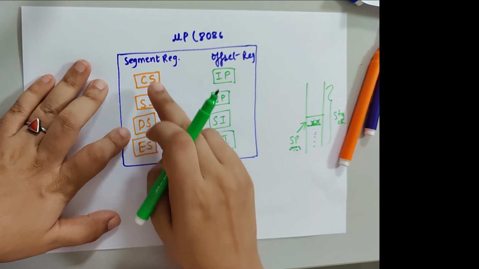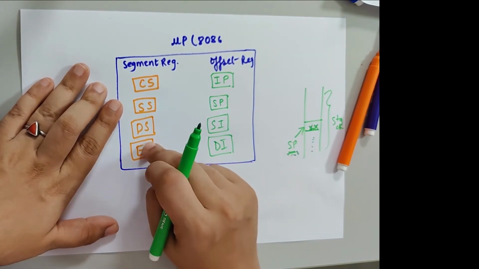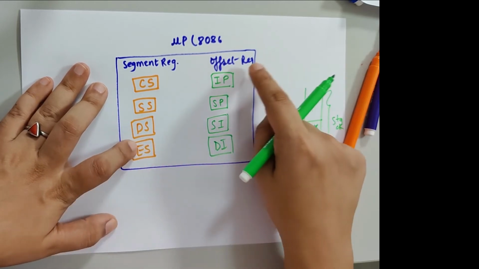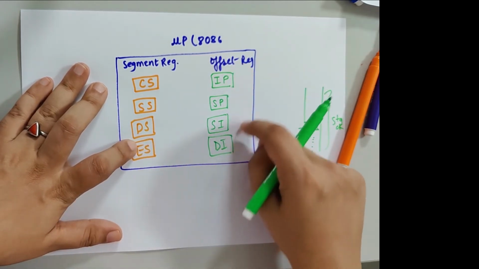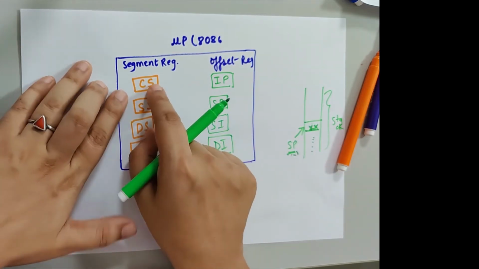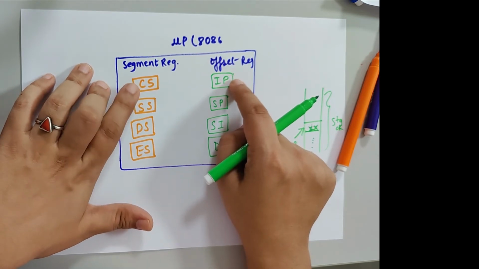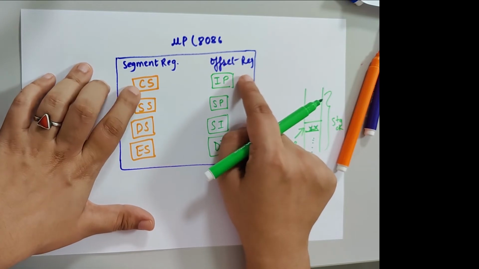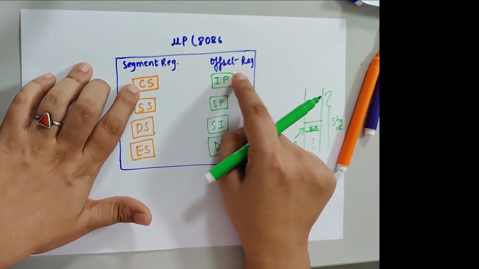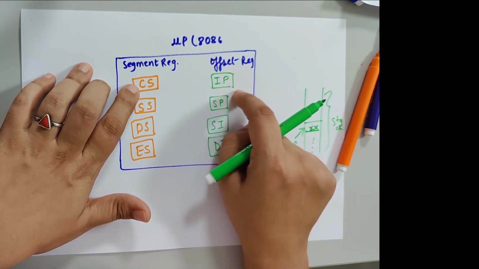Okay, so I'll repeat. The segment register is used to store the starting address of a particular segment, and the offset address represents any location within that segment. So we give the segment address only once. We give the offset address every time, right? But we don't give the segment address every time. Suppose I want to work in a code segment, I'll give the CS, the segment address, once, and then, now that I am inside that segment, I will keep on giving the offset address.